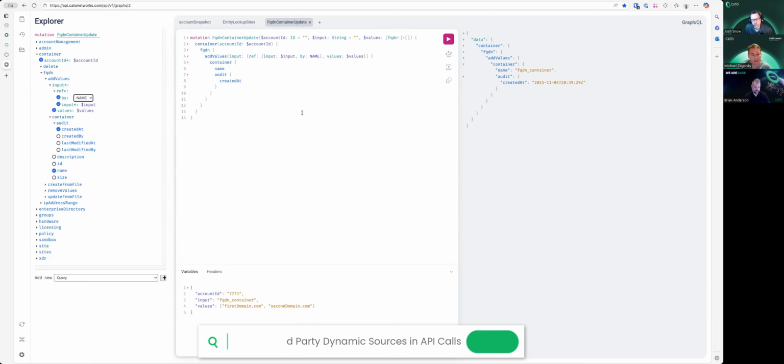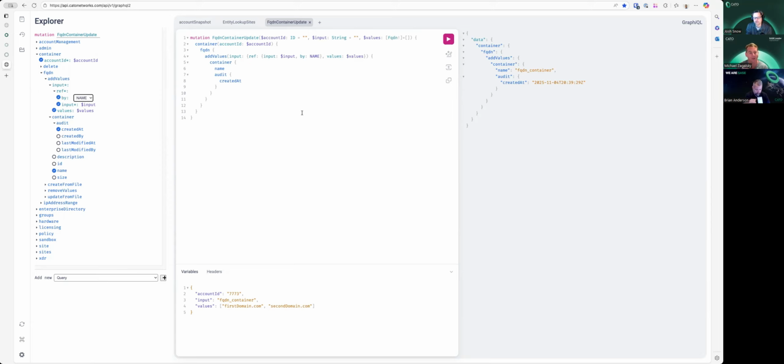Exactly, and this is a very common use case, right? Because we have a policy that doesn't change that much, but the actual content is very dynamic. Okay, so the actual set of FQDNs, maybe you are getting it from some other system, etc. Yep. Or you can automate it like this, right? So in this case, okay, now I just added 2 additional domains very easily. Okay, now if you go back to the